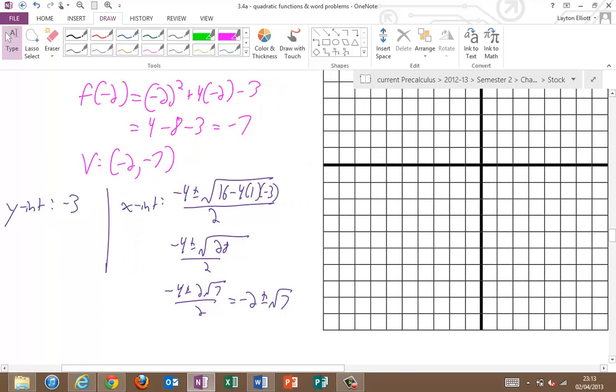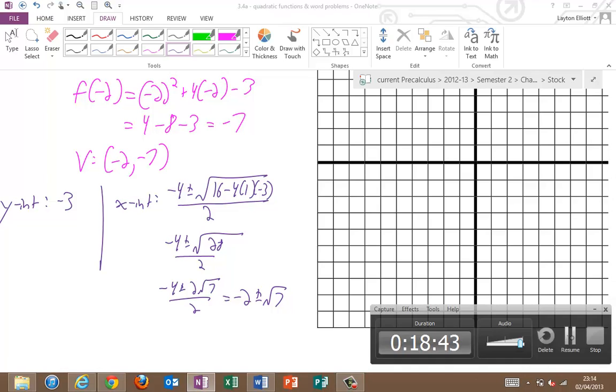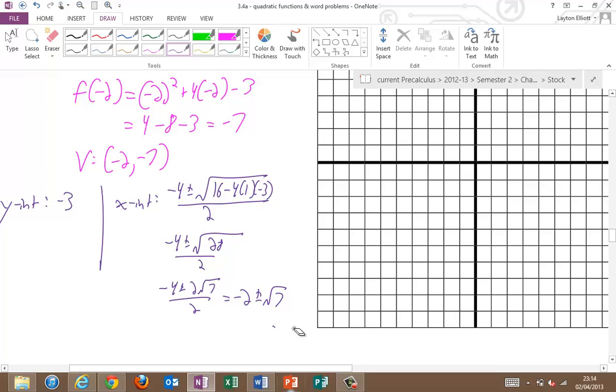Not pretty, but I have the two x-intercepts. If we want to approximate, we know that root 7 is just a little bit between 2 and 3. So let me find a value real quick. Root 7 is like 2.6, so that's equal to